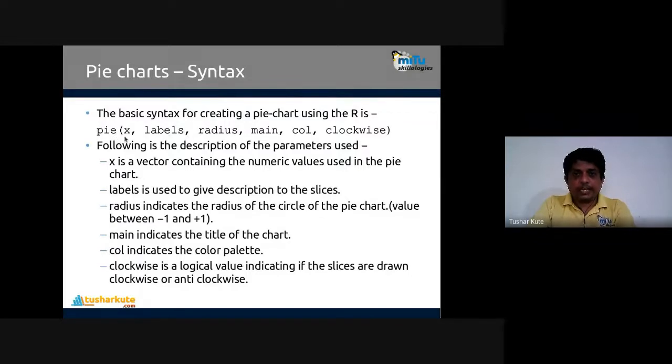Where we apply the x, we apply the labels, we apply the radius, we apply the mean, and many more. Many different parameters are there. Within a single function, every kind of visualization is possible. All the parameters and properties that we can apply, and we can create the respective visualization method over there. Let's see how we perform the operation.